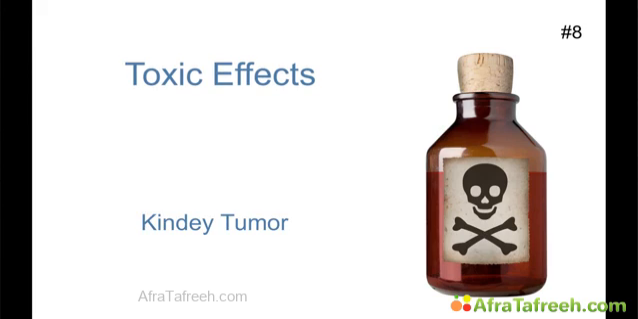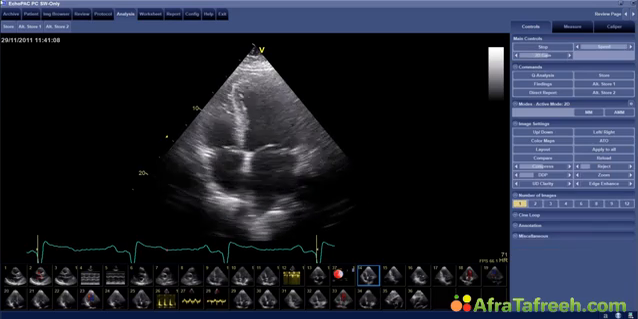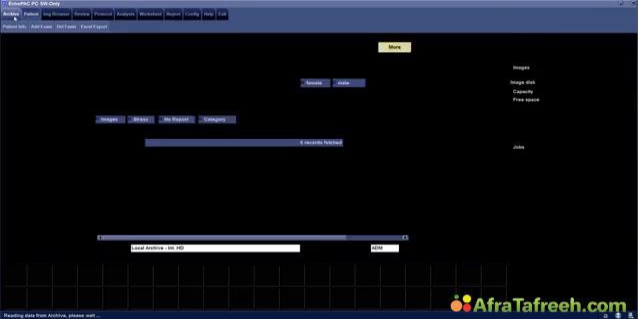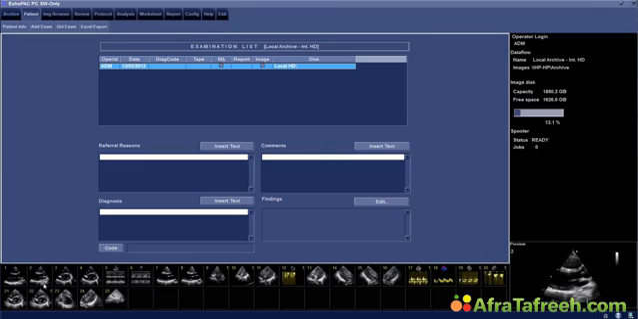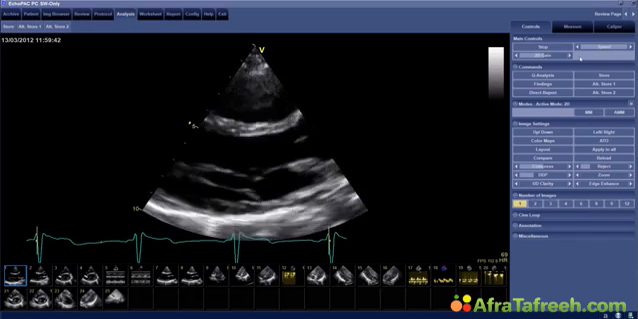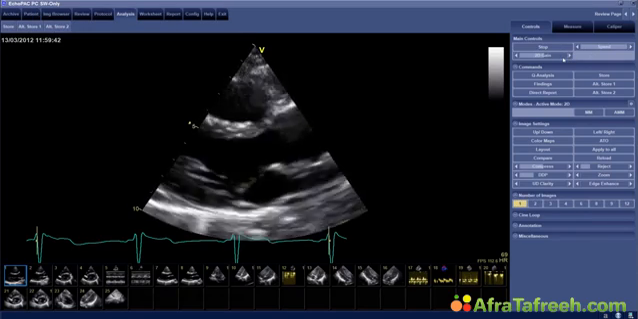toxic effects. It's about a young patient who had a kidney tumor and received all sorts of chemotherapy. And I want to show you, this is the wrong slide, I want to show you now the images of this patient. Okay, and all you have to do now is look at left ventricular function. And keep in mind this is a young patient